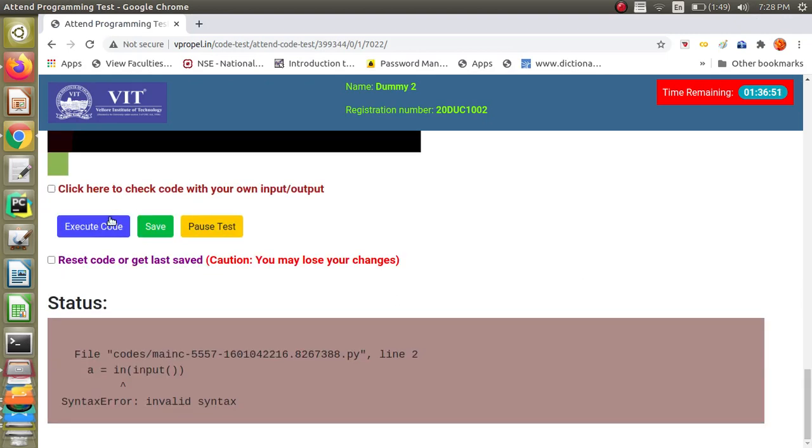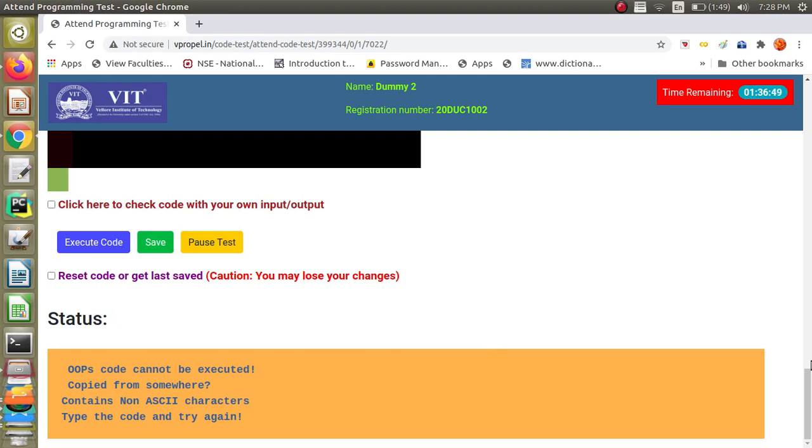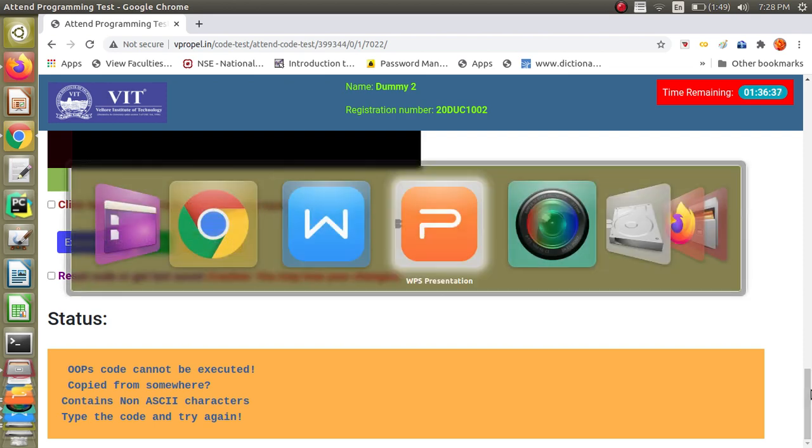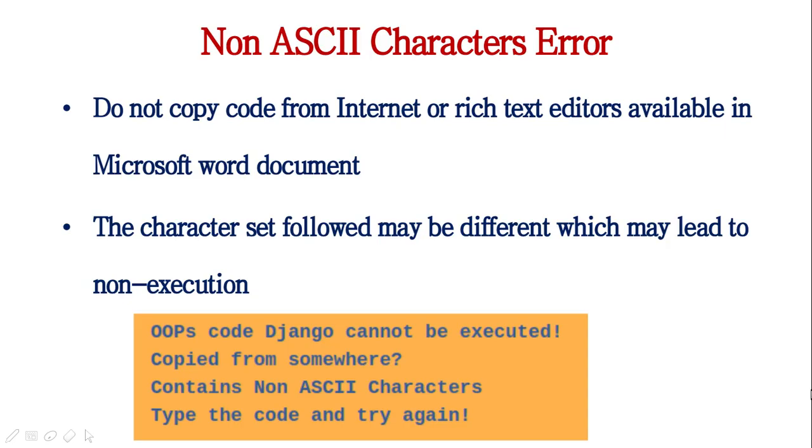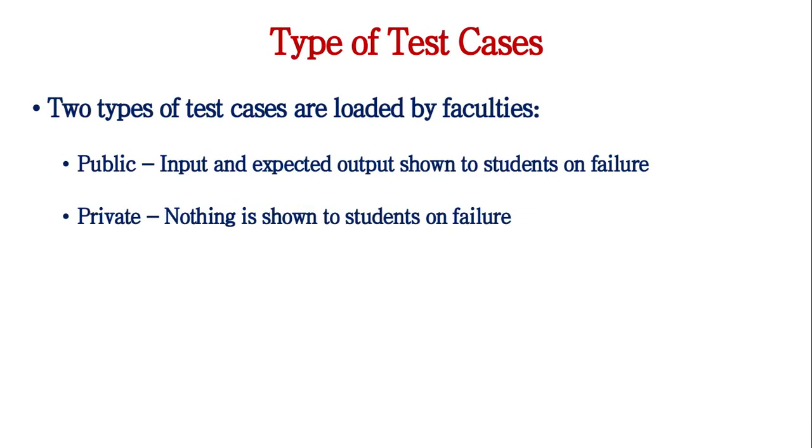When I try to execute the code, I will get this. I cannot copy from the web either, at least not from all web pages. In some web pages these Unicode characters are present, and that cannot be handled by the compilers. So, you will get this error. This is one possible response from the portal when you are trying to execute your code.